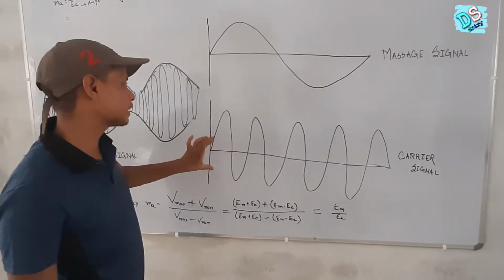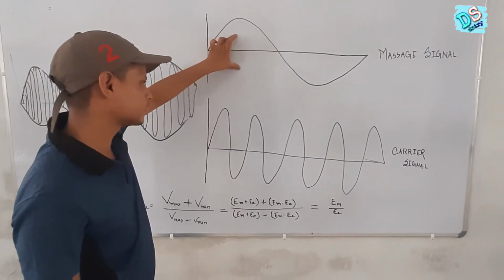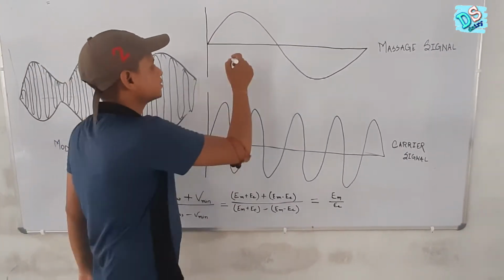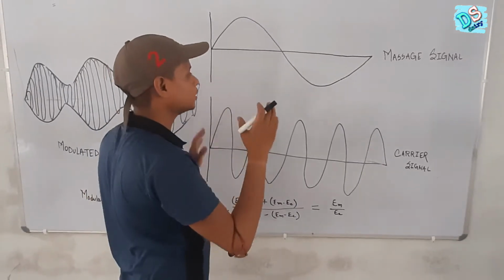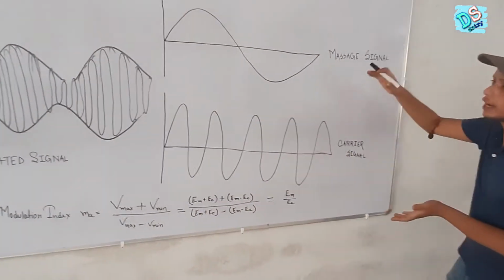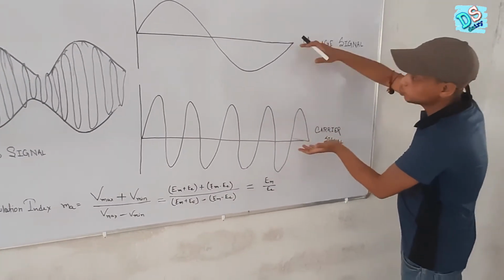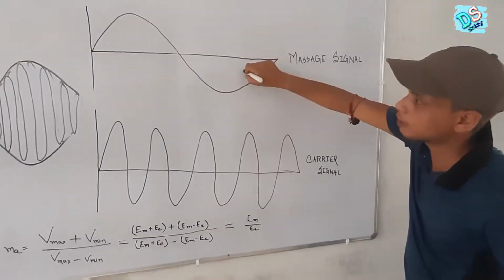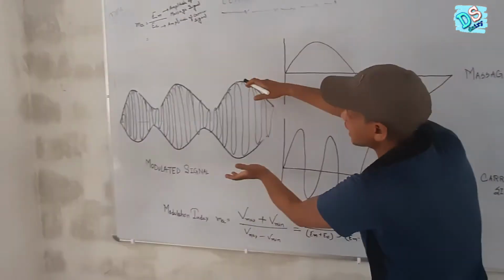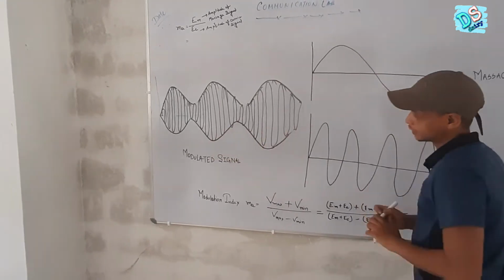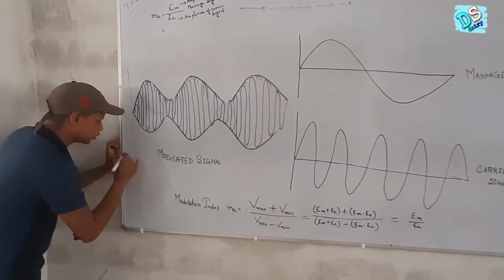A message signal, we have a carrier signal. This message signal has less frequency than the carrier signal. As this has a less frequency, that means it can travel a less distance. That's why we are combining two signals. One has high frequency and one is our message signal. Then we get a resultant signal like this, and this is called amplitude modulated signal. I have written here modulated signal.